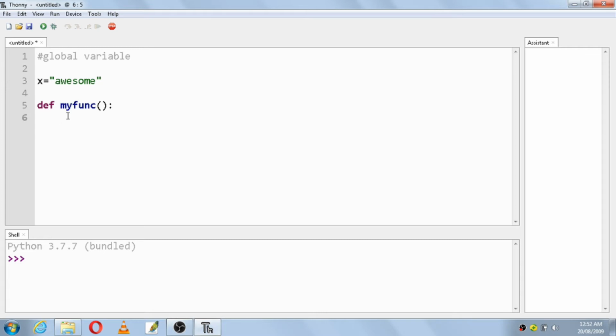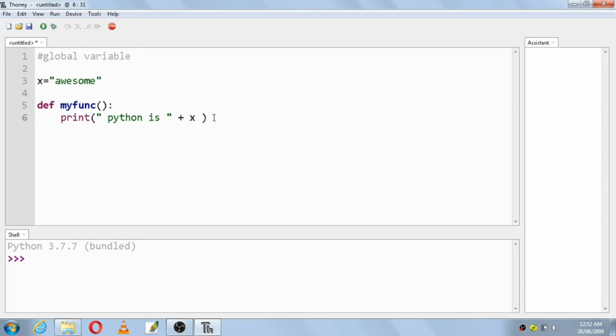Then we'll write a print statement: print, "Python is", close the quote. Then make use of the output variable x by using the plus sign. Here the variable x and the text which you want to print are concatenated by using the plus sign.